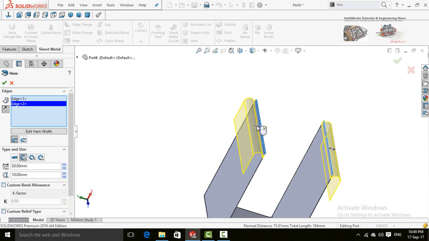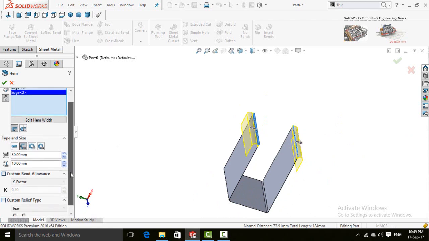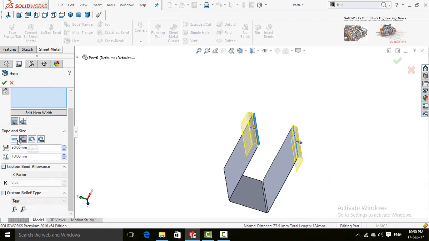By clicking on this arrow, you can change the direction for hem. These are the types and sizes. Here is the radius or length or dimensions. You can edit or select your own. Rest of the settings you can review them. Press OK to apply this command.